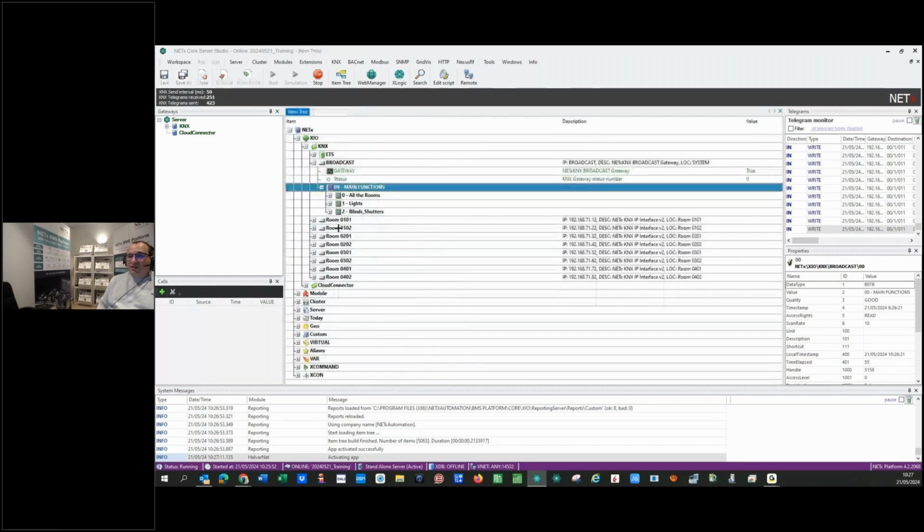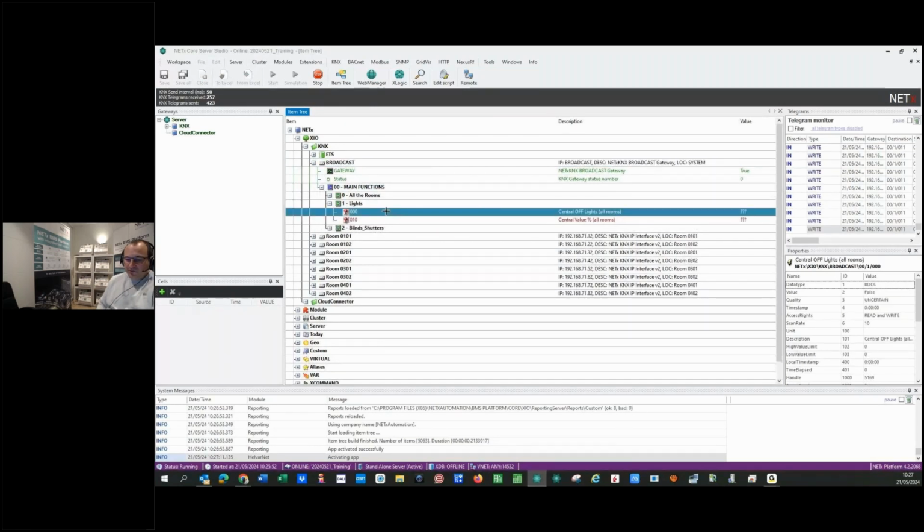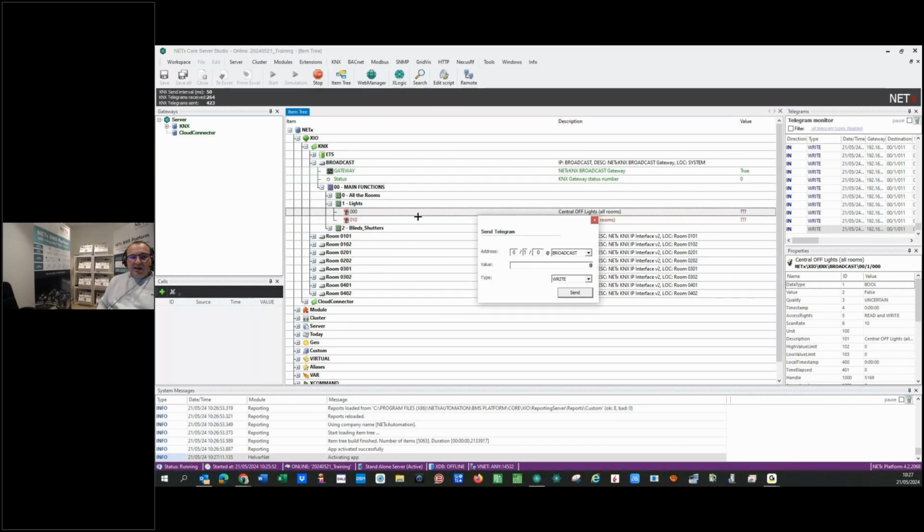So if just in broadcast driver, I have this central of lights, and I just send 0, you will see I turn off this practical board because it was the only one that was on. But if I send 1, what the system is doing is boom, sending the order to all the gateways. Okay, so it's really nice. There's some failure in the first dimmer behind, but it's working fine. So I say 0. I am attacking all this at the same time. The first is doing some delay, but it's because of the load is very low,